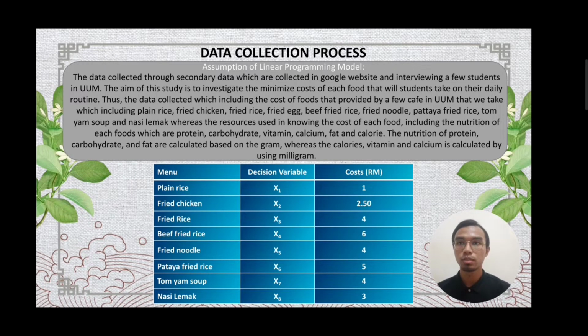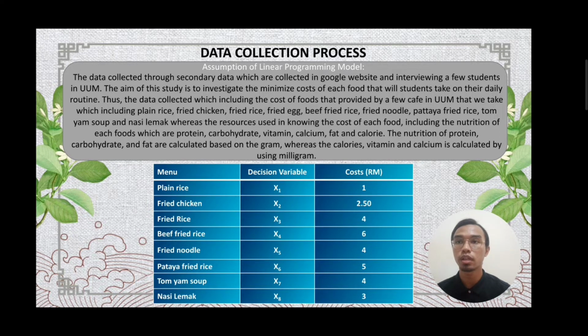Now I present about the data collection process and the assumptions of the linear programming model. The data collected are secondary data, collected from Google websites and by interviewing a few students in UAM. The aim of this study is to investigate the minimized cost of each food that students take in their daily routine. Those are the data collected, including the cost of food provided by a few cafes in